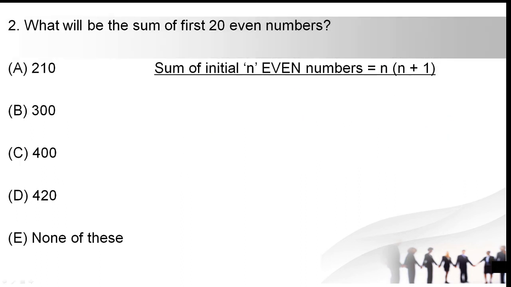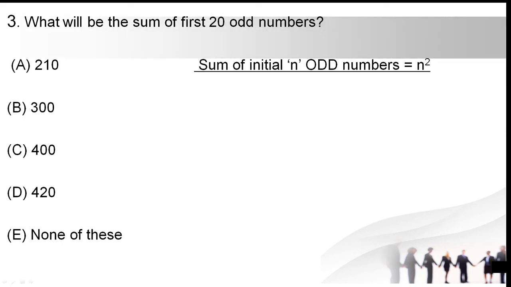Okay, then the second one, what will be the sum of first 20 even natural numbers? First 20 even natural numbers. To find the sum of first n even natural numbers, we have a formula, that is n into n plus 1. In the place of n, you need to substitute just 20. So that is equal to 20 into 20 plus 1. So 20 20s are 400, and 20 into 1 we need to add. So that is your answer. So this is 420. Yes, here it is. Is it fine? Yes.